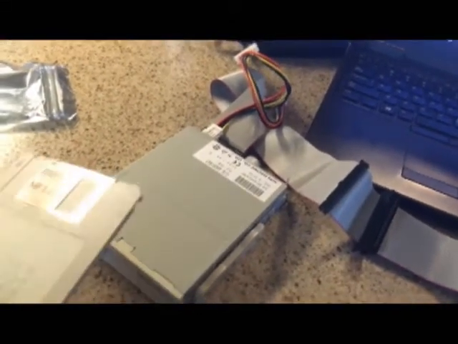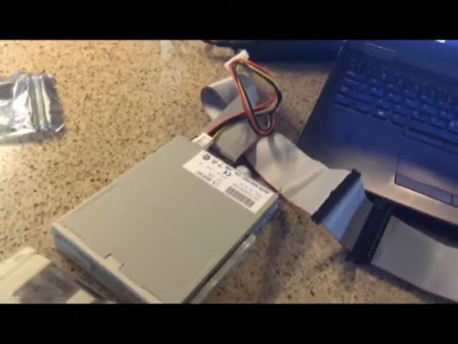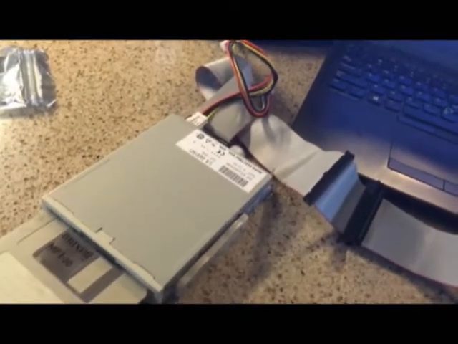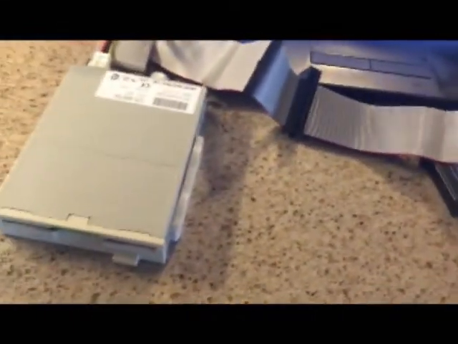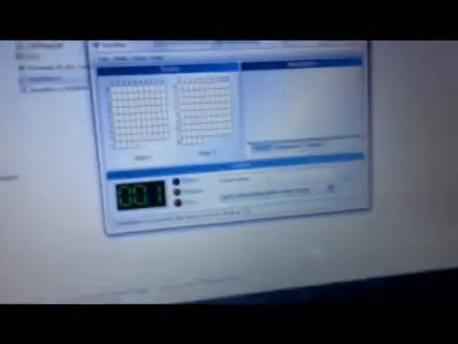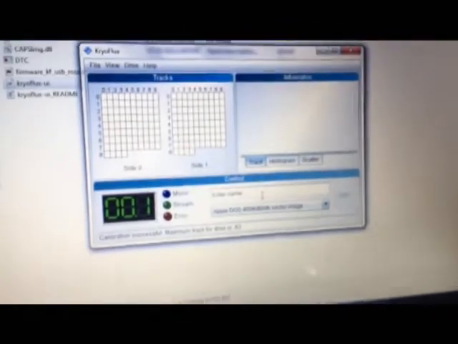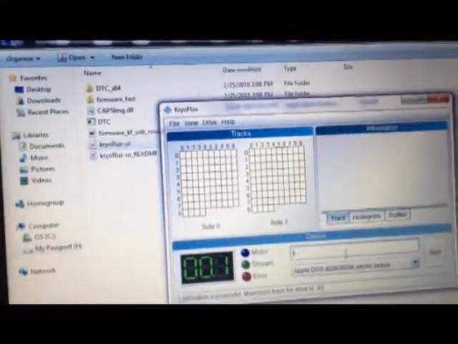And so transferring files over was a very difficult process. But anyway, I'll go ahead and put the floppy disk into the drive. And then in our user interface, notice the start button's still grayed out. It's because we need to give it a name. So I'll just call this test